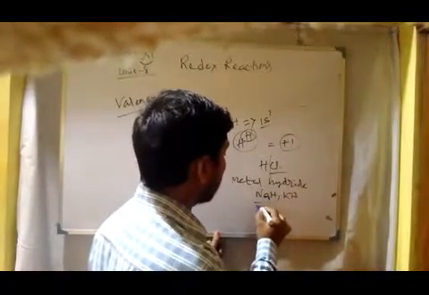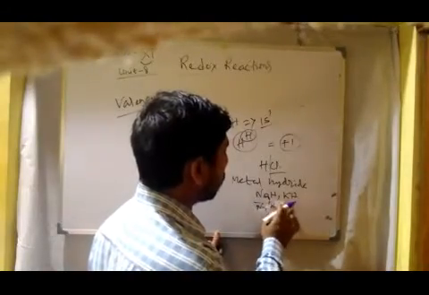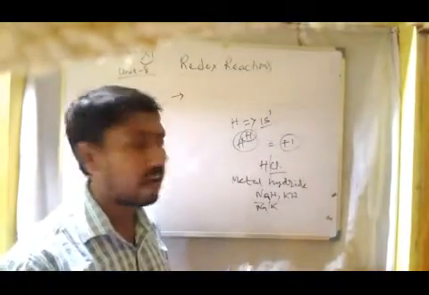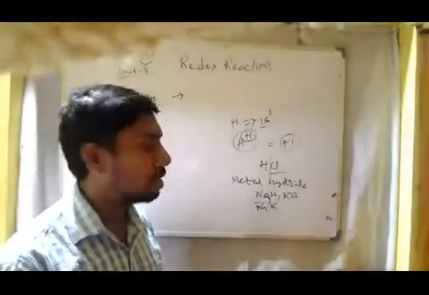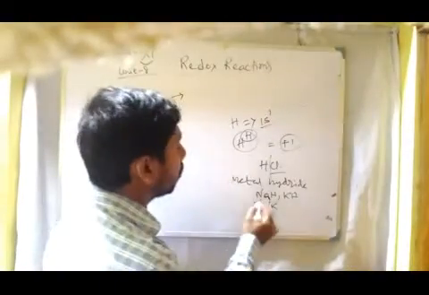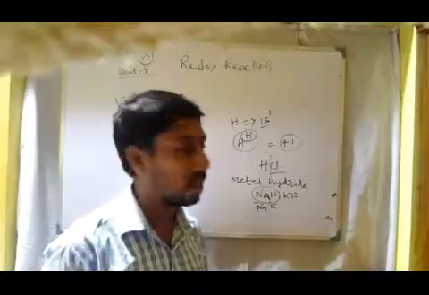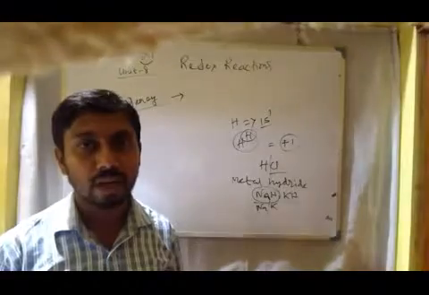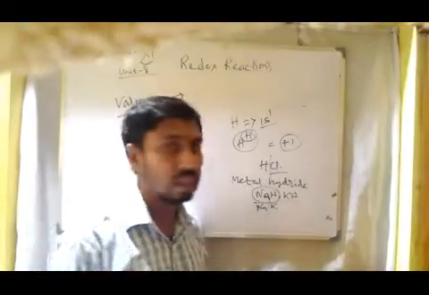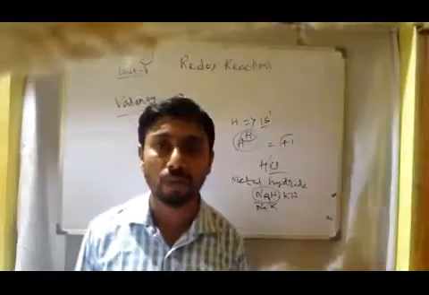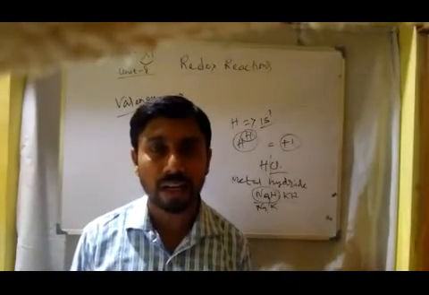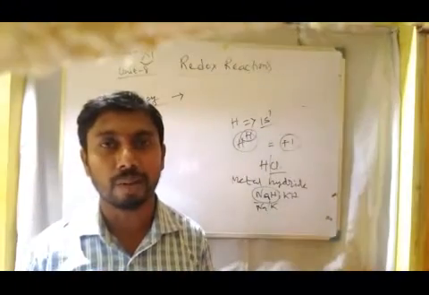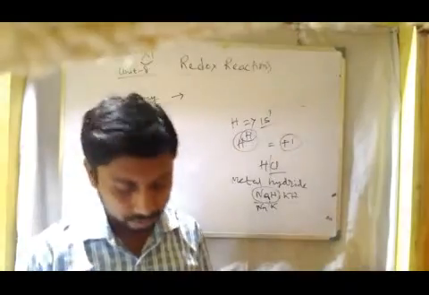Here sodium or potassium is more electropositive than hydrogen, so the tendency to release an electron will be higher in sodium and potassium. As the molecule overall is neutral, there is no charge over its head. So here hydrogen will take -1 oxidation state, or the valency is -1. So when hydrogen is connected with more electropositive elements, its oxidation state will be -1; otherwise the oxidation state of hydrogen is +1.